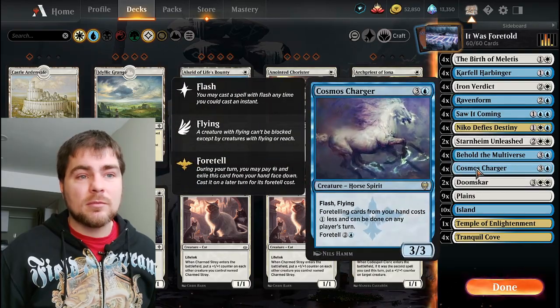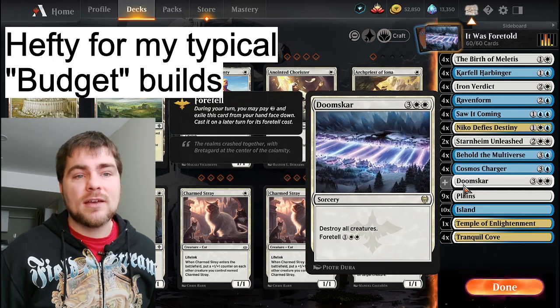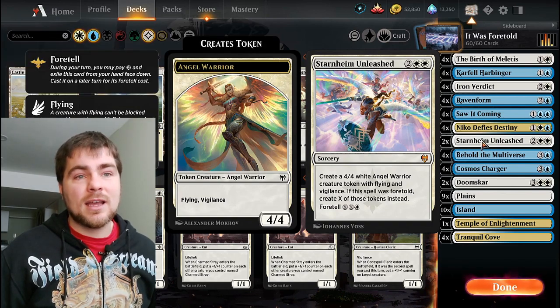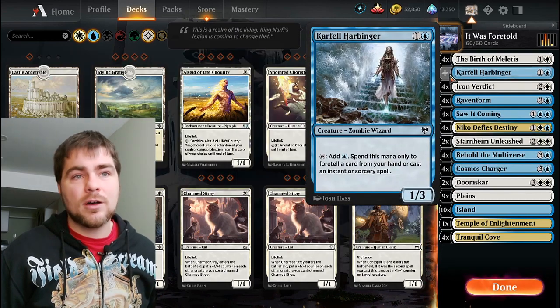This is still definitely within the budget range of what most people would consider budget. I know it's one of my heftier decks for rares and stuff, but to be honest, this deck does not have enough Doomskars and does not have enough Starnheim Unleashed. Like, some of the gameplay that you see me playing, I already know what I would swap those for. 2 more Doomskars, 2 more Starnheim, and that's 4 cards. Take away all 4 of your